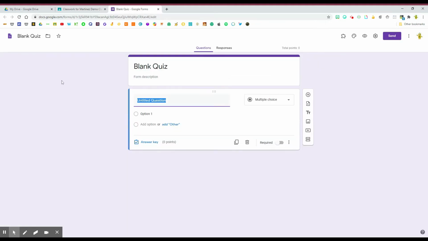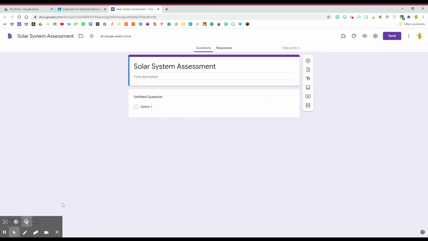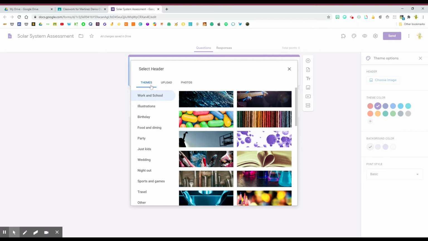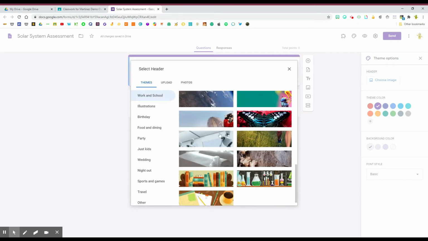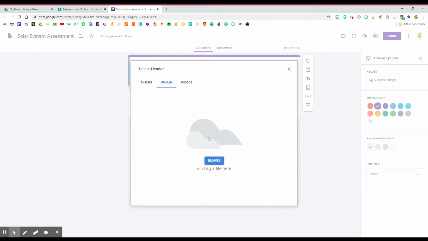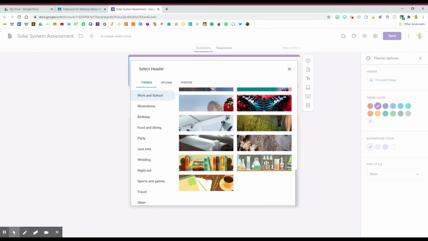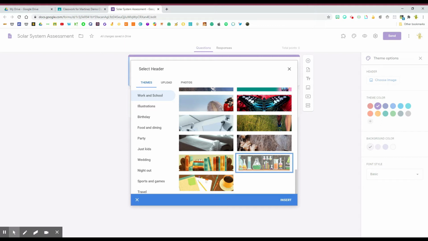Once it opens, you want to name your assessment. Once you have named your assessment, you can then change the theme by clicking on this customizable theme button up here. And you can choose an image. You can choose from the themes that are already provided here. You can upload your own image, or you can take photos that you have saved in order to add them into your assessment. I'm going to choose a science header since this is a science assessment, and I'm going to